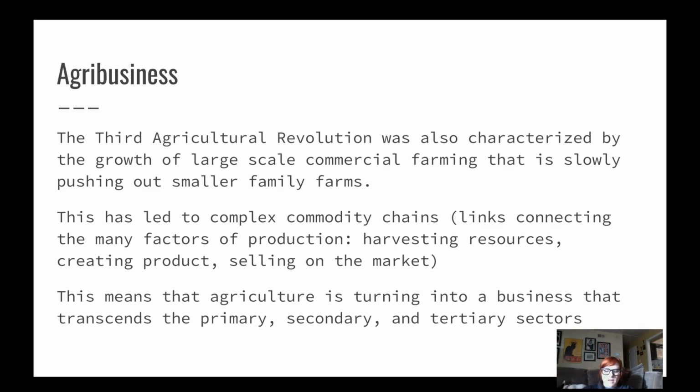So what I'm trying to show you is that we've always considered agriculture a primary economic activity, right? You are getting a resource, okay? But now in agribusiness, a lot of these farmers are actually participating in each sector of the economy. So they're doing primary economic activities, which is the farming. They're doing secondary economic activities, which would be churning the livestock into meat, right? And they're doing tertiary economic activities by having that relationship with the market and selling that meat. Okay, so agribusiness is really the combination of all three economic activities.